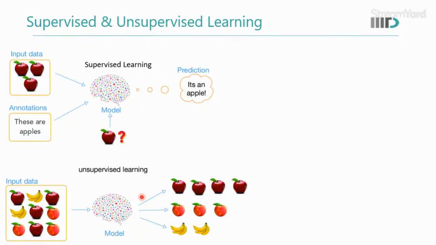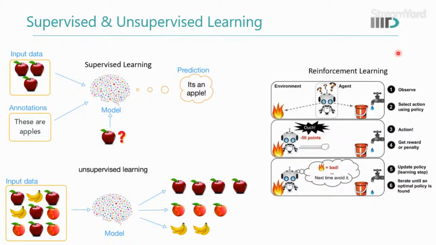Another is reinforcement learning, where there is a robot which tries to learn to select actions when there is no data available. For example, here the robot goes directly to the fire, and it receives a reward, let's say a penalty, and then it says, okay, this is a bad action, I should avoid it next time. It will update its learning, and it will iterate this over all the hit and trials, and the goal is to learn the right sequence of actions.